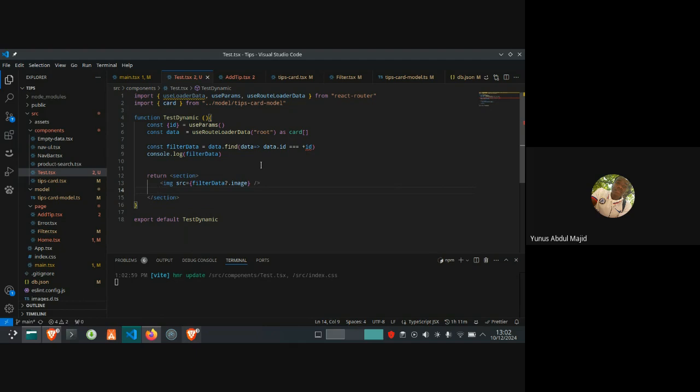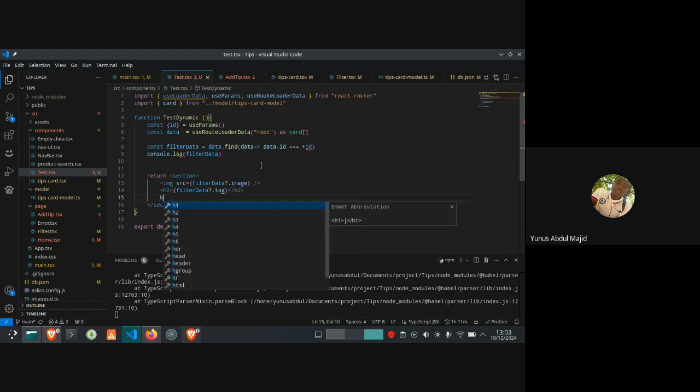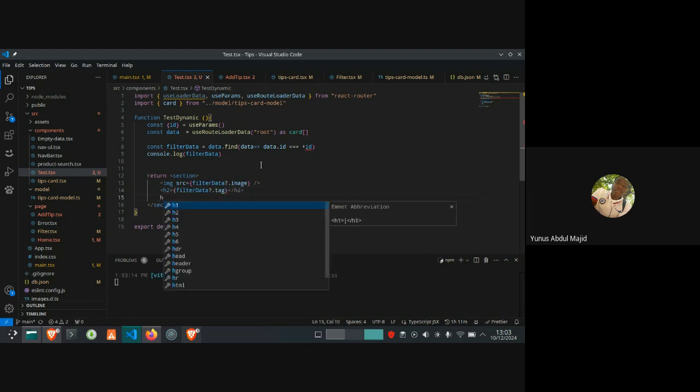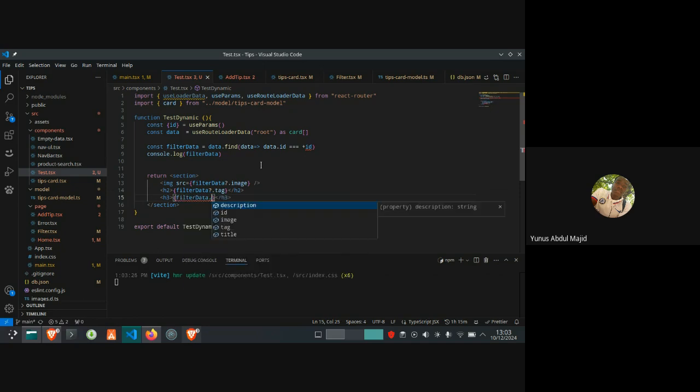Then h2, filterData dot tag, h3. We are not performing any style here. I just want you guys to see that what we are working on is really working. Dot